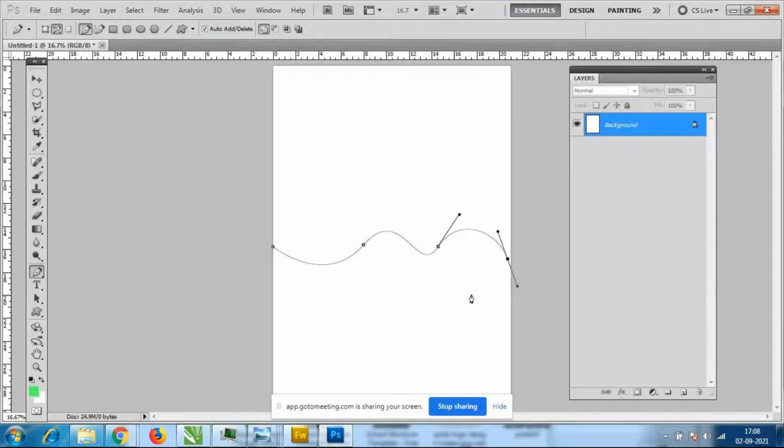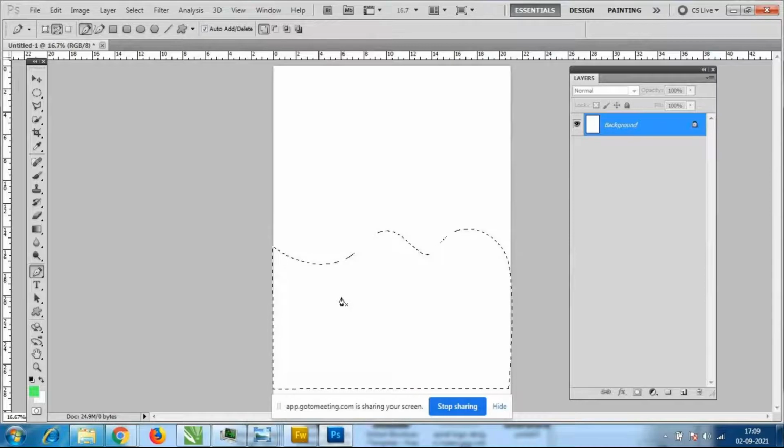So what I will do, I will go back to where I have started the point. So I will end it here itself. That is one finishing thing. Where you started the curve, only then can you add the color for this curve. So where you have started, you have to end it there itself. I'm selecting like this, then Control Enter, to check whether it is selected or not.